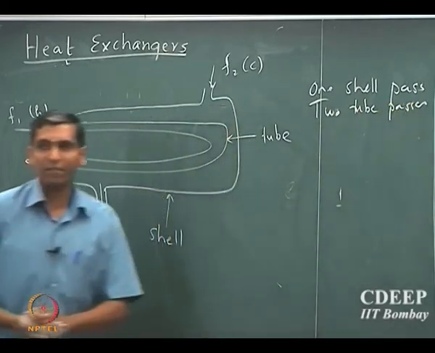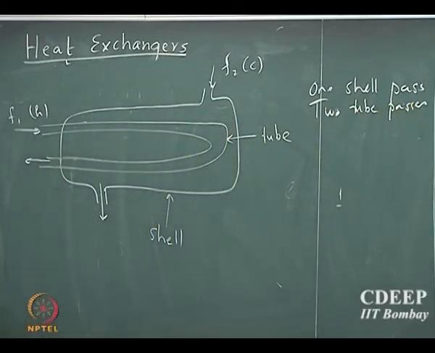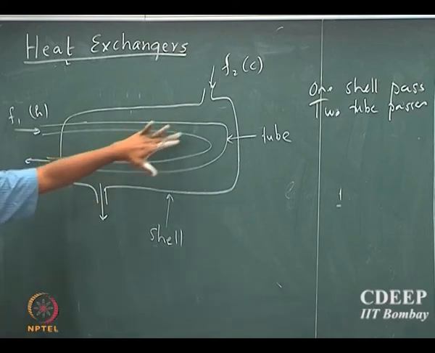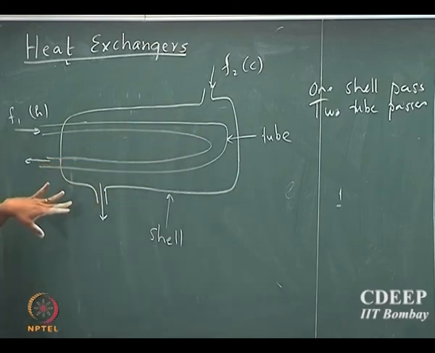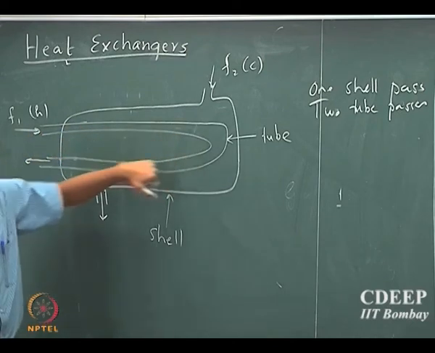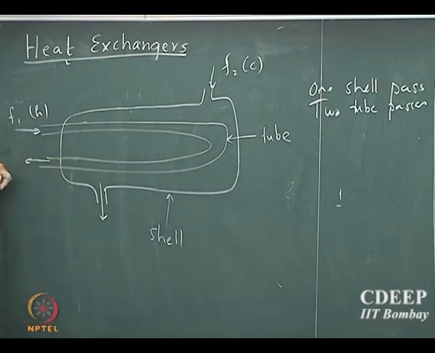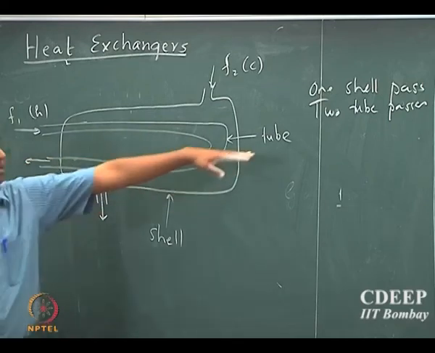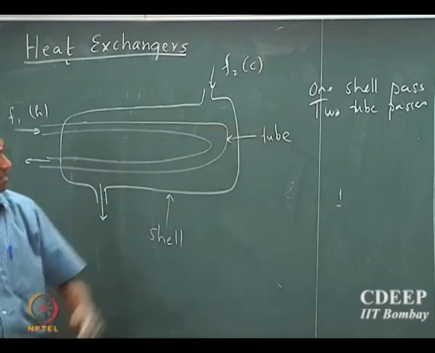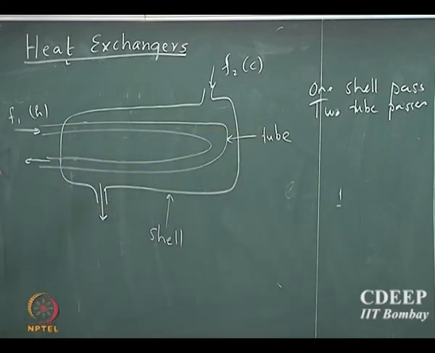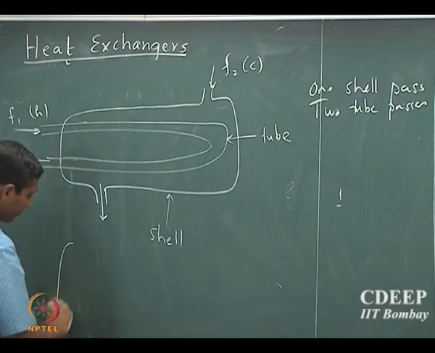Okay. And the way to see that is, the hot fluid goes through the shell once, and whatever heat exchange it experiences, that is it. But then when it comes to the tube, you see that the tube actually travels twice inside the shell, and that is why it is called two tube passes. Okay. Now one can always draw a one shell pass and one tube pass. The way to visualize that is,